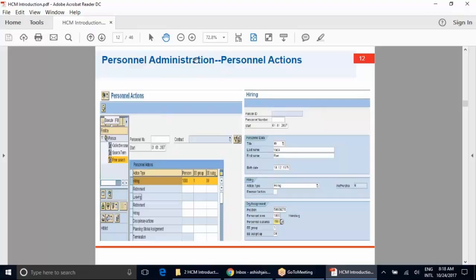Like this is one of the screenshots which I have taken from the screen. Here you can see hiring, retirement, leaving, then you have disciplinary action, then you have termination. So all these are the policies that we have in the organization. Then here I have shown how the screen looks if we do the hiring. So this is how we implement all these policies of an organization into